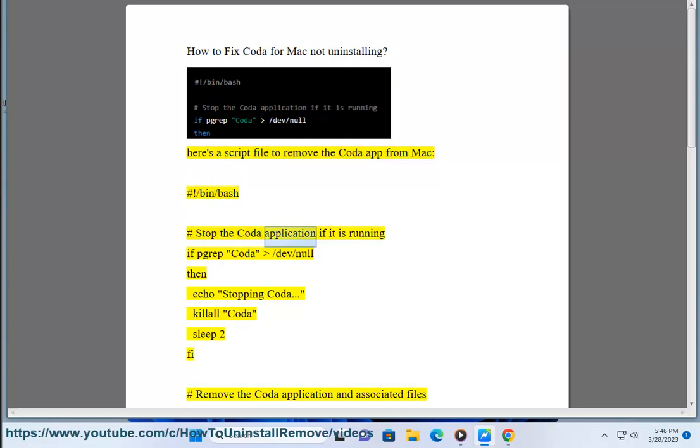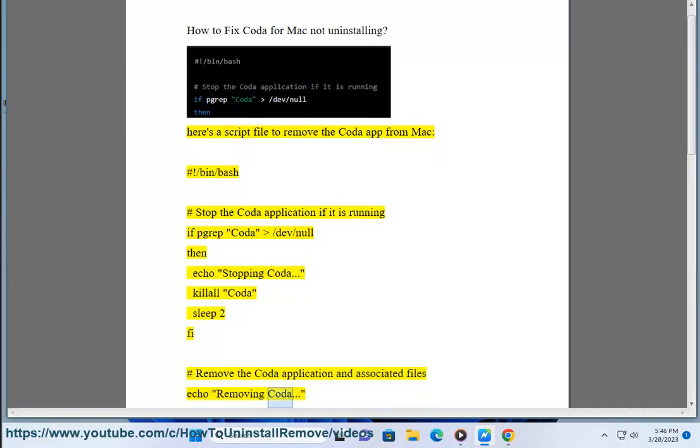#!/bin/bash # Stop the Coda application if it is running. if pgrep Coda > /dev/null; then echo "Stopping Coda..." killall Coda sleep 2 fi # Remove the Coda application and associated files echo "Removing Coda..." sudo